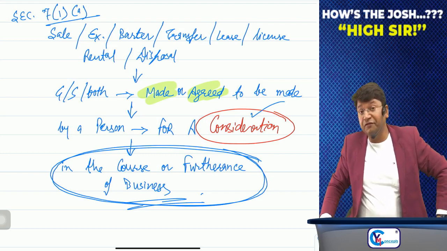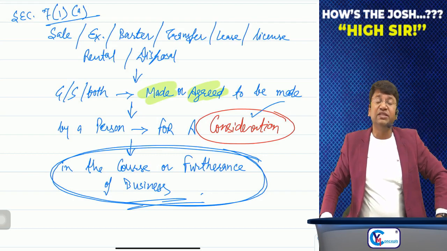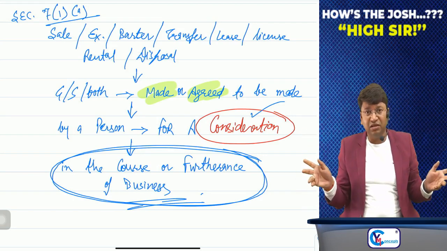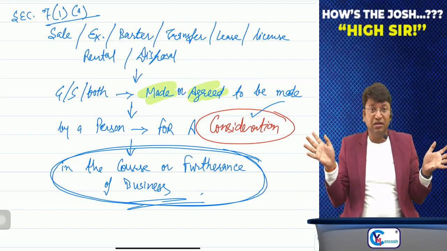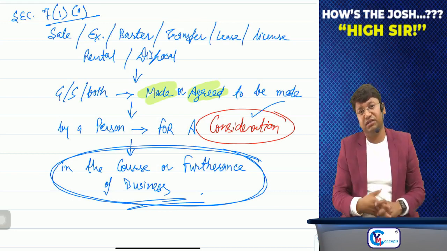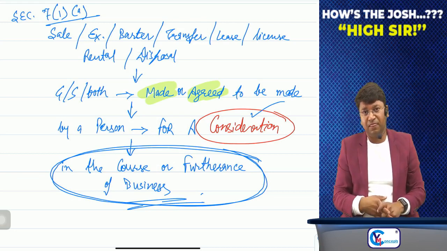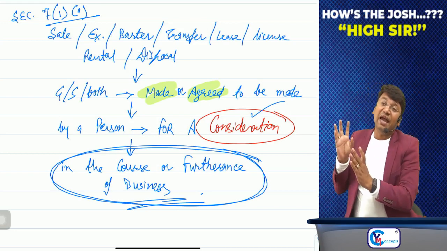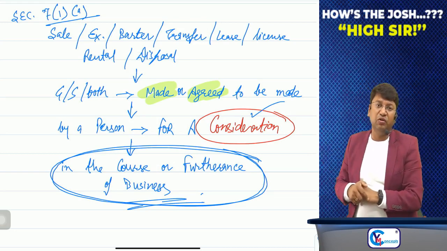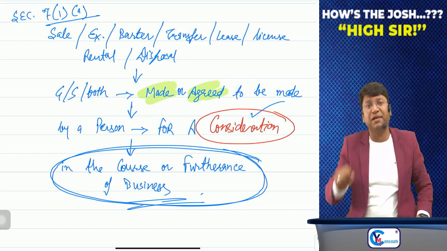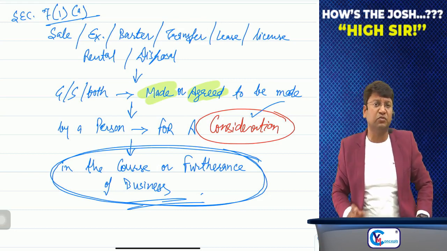Sir, the definition of business is given in the GST Act, which says that it's not essential that you should have a good volume in business, you should have frequency, you should have turnover. No, it's not required. Your intent is to be checked. Suppose I have an old painting hanging at my house, and I have sold it for some money. It is not supply at all, because it is not in the course or furtherance of my business.